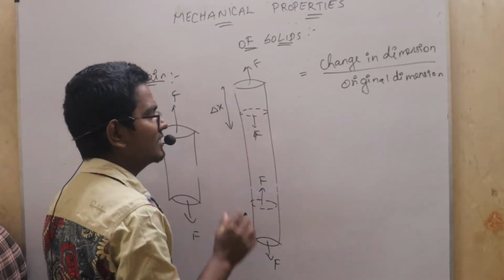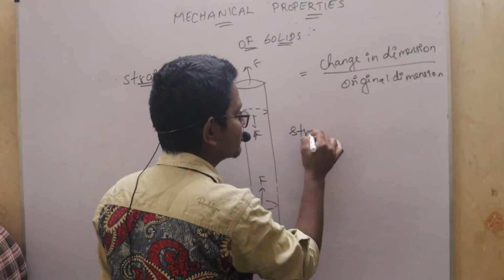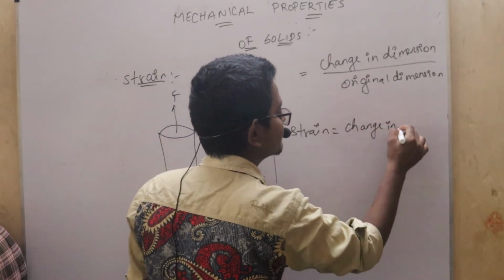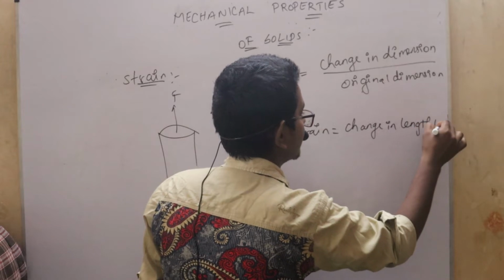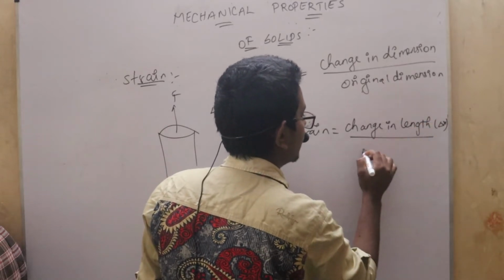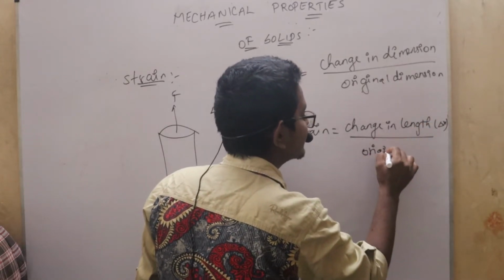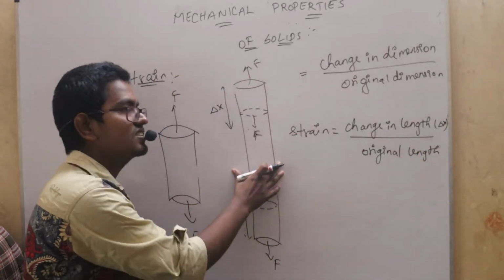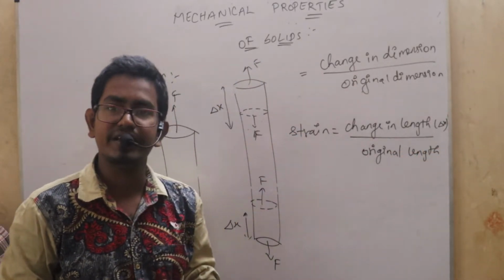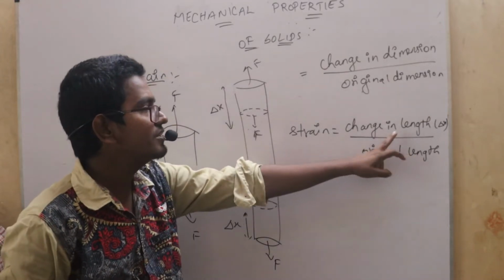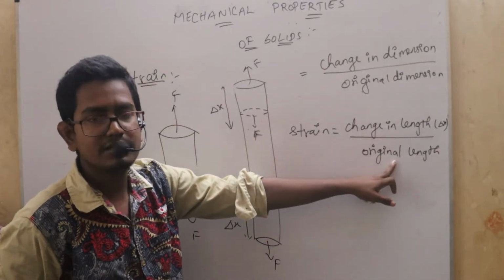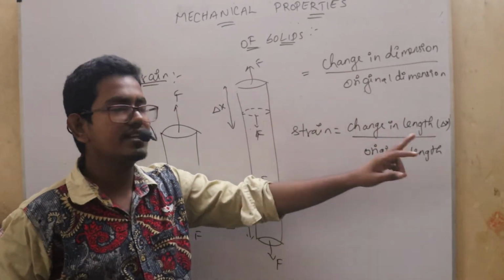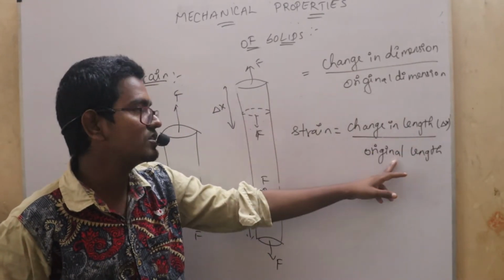Right? So for this, I can write the strain is equal to change in length, del x, upon original length, because here the size is changing. As the size is changing, you can observe the change in the length. So as I am observing the change in the length, that means the dimension here is length. So the ratio of the change in length upon original length is known